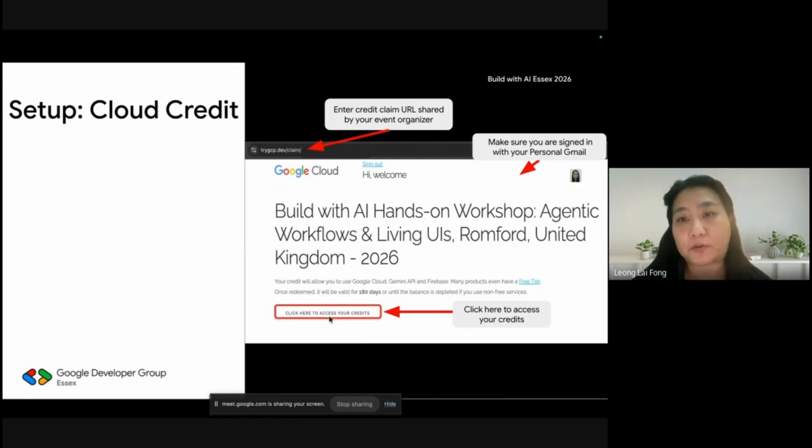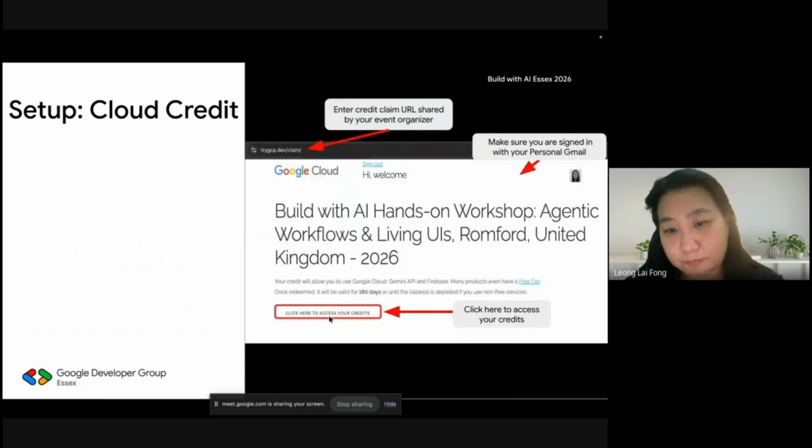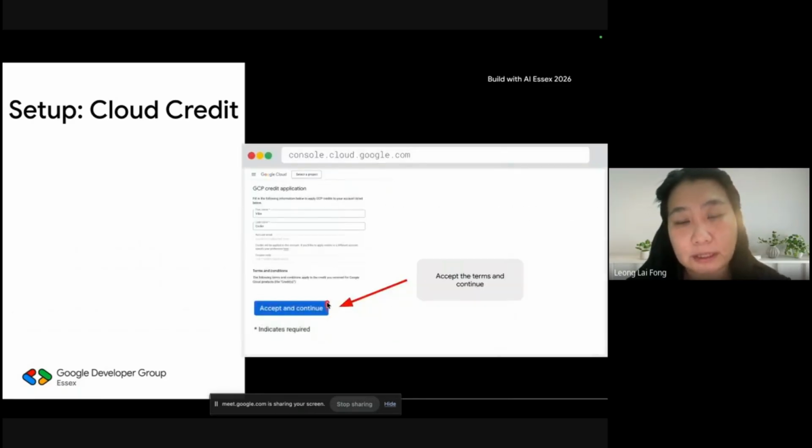Anyone has any problem on this? So I'll go through first, and then I'll pause a bit and check if everyone is fine. So once you click the button, you will come into this